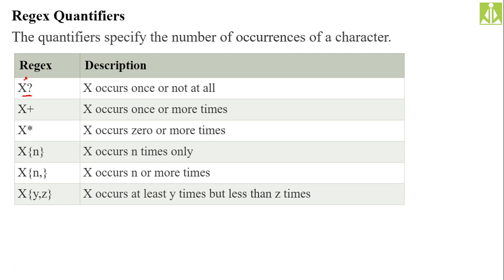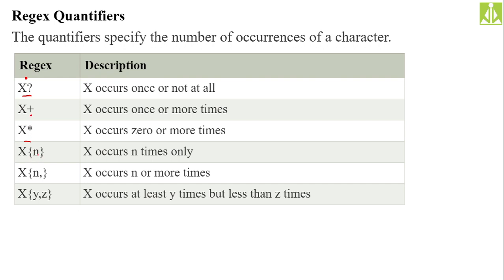Okay, you can put it or not. X+ in the sense X can occur once or more than once. Okay, X must occur once or more than once. If it is not occurring, you will get error, I mean you will get false. X* in the sense X can occur 0 or more times. Okay, it can occur 0 or more times. This is once or more times, and this is 0 or more times.